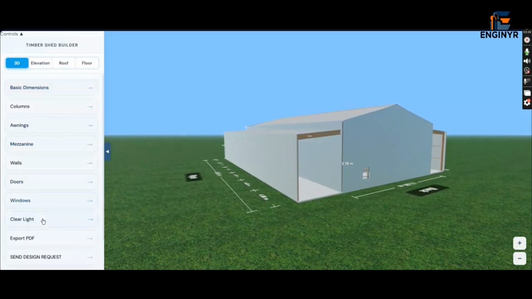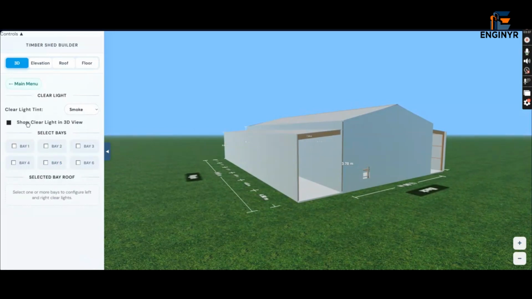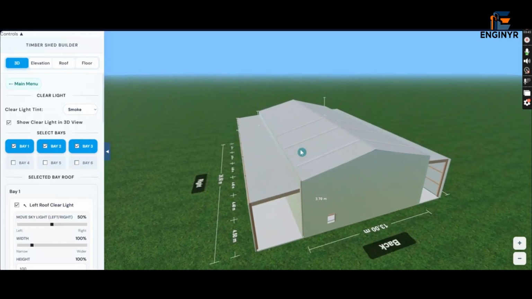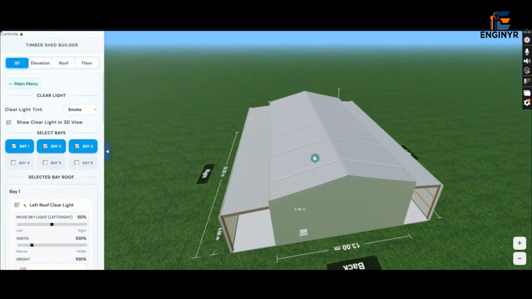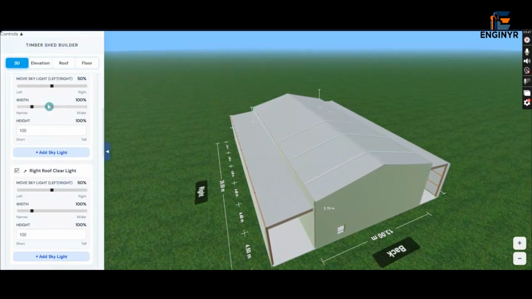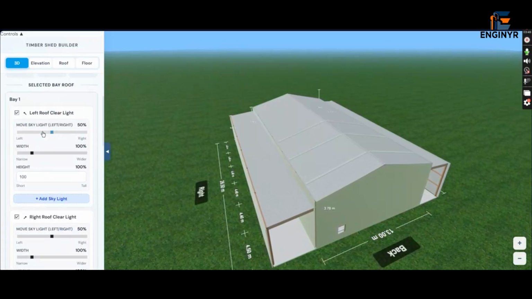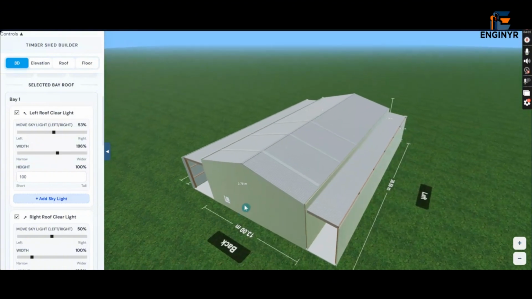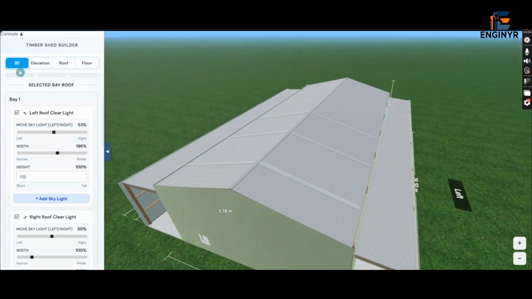You can add some clear light like this. Let me change the position. You can move the skylight, and you can adjust the width also, like this, and